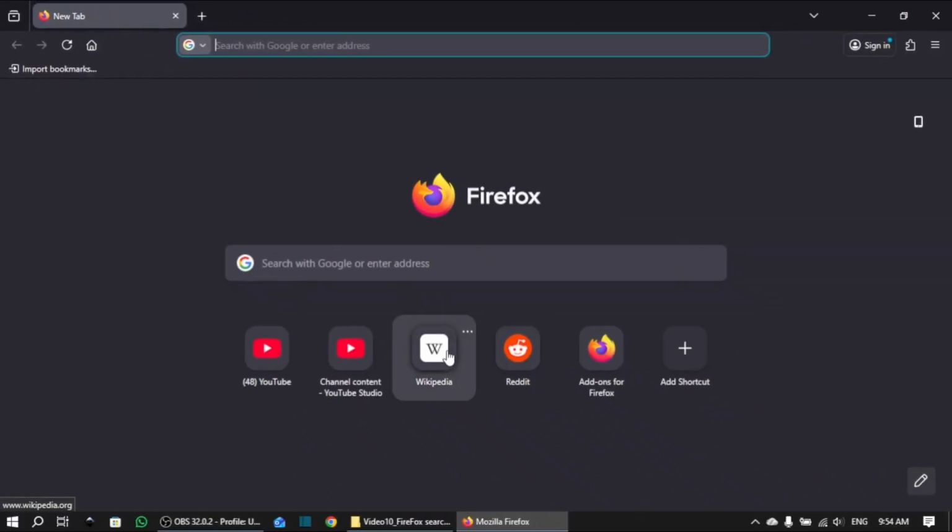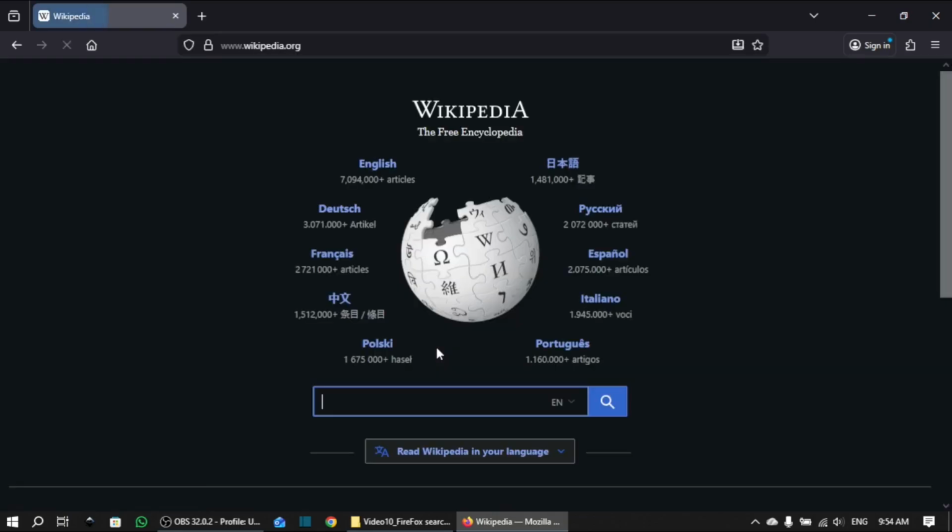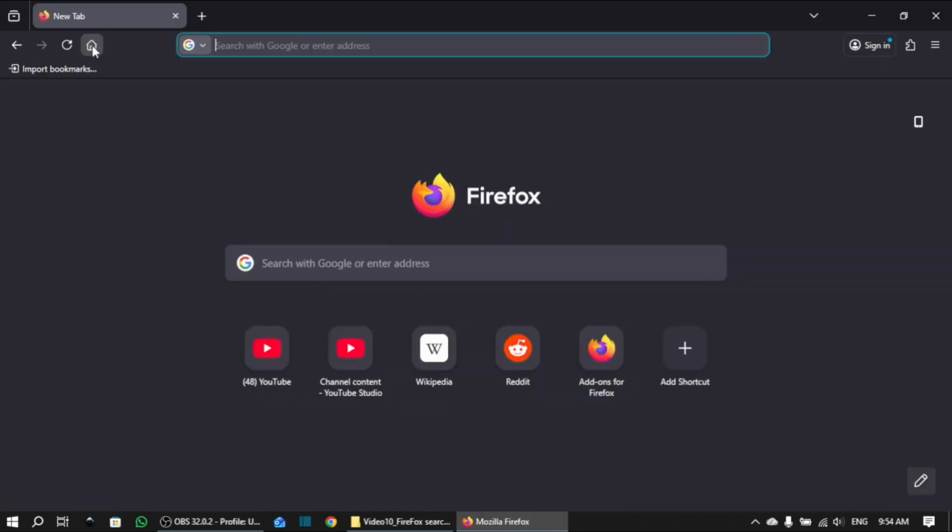And what's the advantage of the home button? Let me open this tab. I'm here on a Wikipedia page, and I want to go back directly on the same tab to the home page of Firefox. Then I'll just click on this home button and it will directly take me to the home page